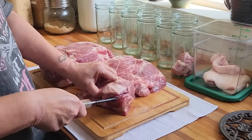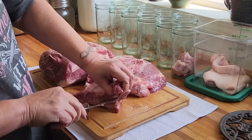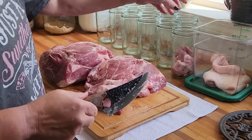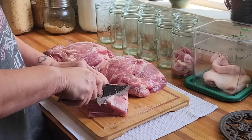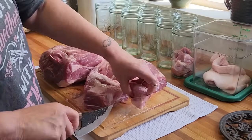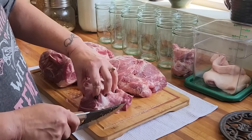It can get into the center of the meat, which makes sure that it's getting to the necessary temperature that was tested, and it is safe to eat once you can it. And that's why we do this, right? Because we want to be able to eat it. There is so much that you can do with pork,